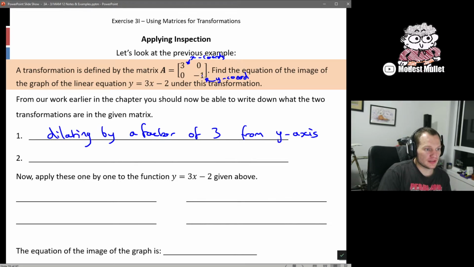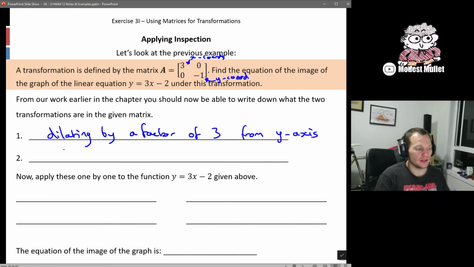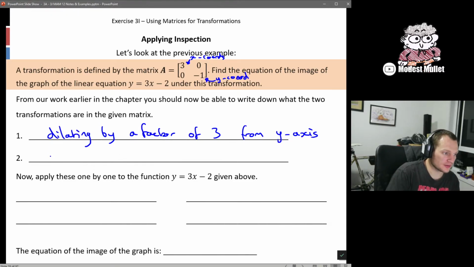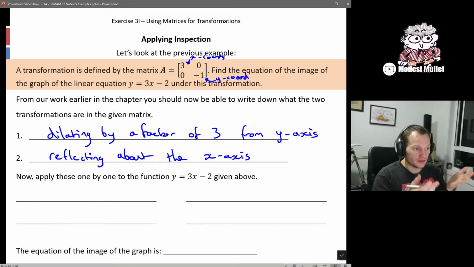For the second transformation, we can see that the Y coordinates are being made negative. So if the Y coordinates are being made negative, that means we're actually flipping or reflecting about the X-axis. So we can also see that we are reflecting about the X-axis. And since we now know, just reading straight off, what the two transformations are, we can